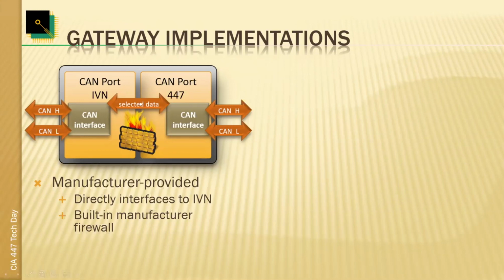As you can see, the selected data here shows that it can go from right to left and vice versa. However, in very many implementations these days in gateways, this is really more of a one-way street where the car provides data to 447, but what goes back into the car is either close to zero or really just minimal and selected. This is unfortunate, because initially this went so far in some of the first implementations we have seen